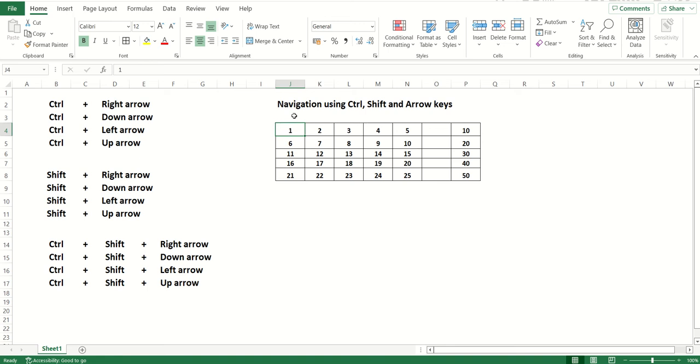We all know that to move to the adjacent cells right, up, left or down, we use the arrow keys. But what about jumping to the last cell? So one option is to take the mouse and click it and we reach. But for that we need to move our hands away from the keyboard. That slows us down. So using the keyboard, there are different ways where we can directly reach a particular